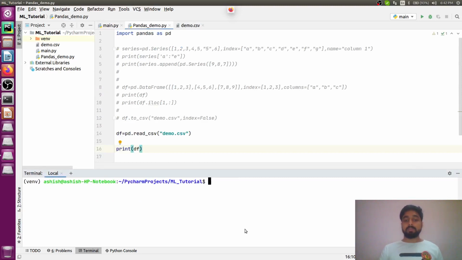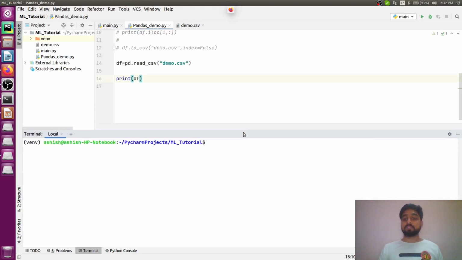Now what we have to do next is first install one package which is required for the KNN model, because the KNN model will not be present inside NumPy or pandas. For that we require another module, and its name is sklearn, and that we have to install. For that you have to type pip install scipy and sklearn.